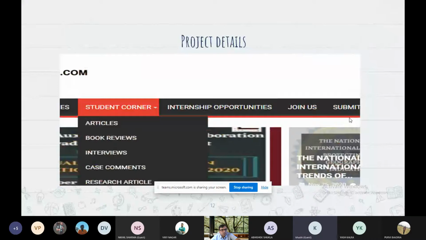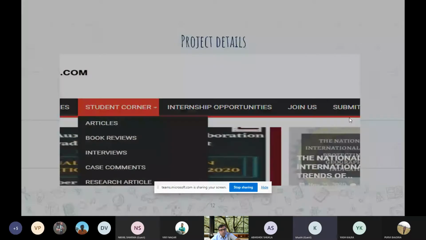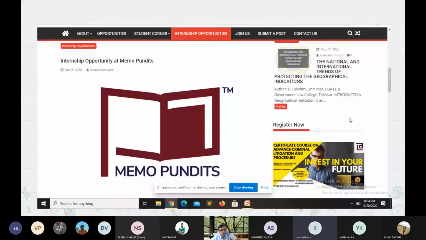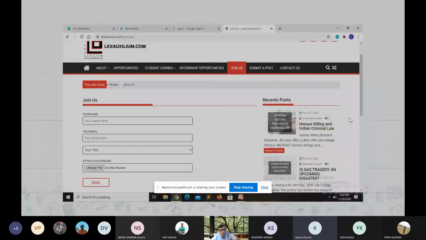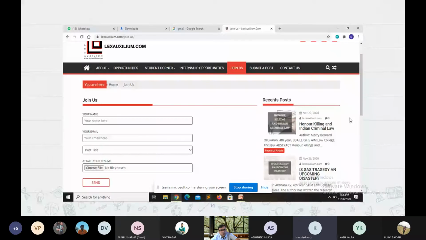This is the student corner, with articles, book reviews, interviews, case comments, and research articles. This is a single article, and on the right side, Register Now is the opportunity which is currently open. Join us: if you have any query, any negative or positive comment, or if you want to join our team, then you have to submit the register form. You have to register in this, and you also have to send the resume, so we can easily mention your